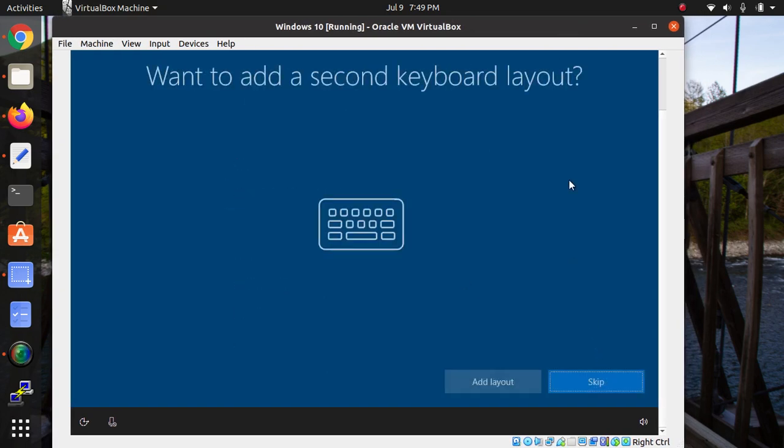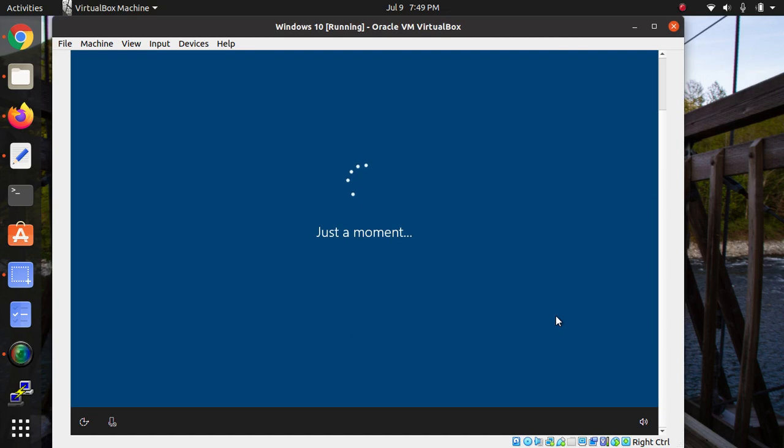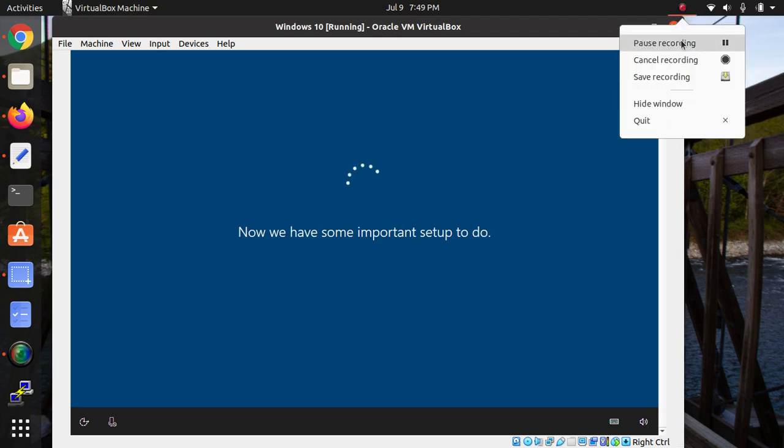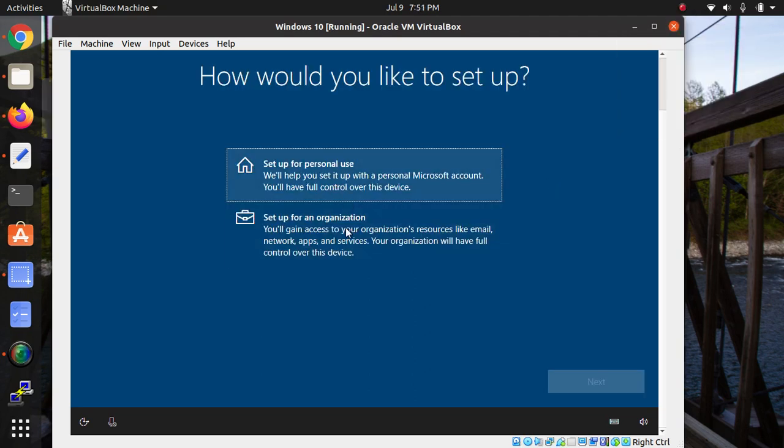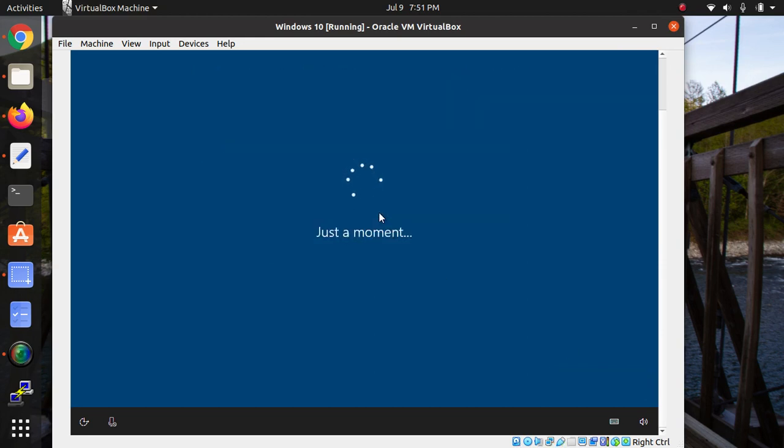Then select keyboard layout, skip. And select the purpose, and click on next.